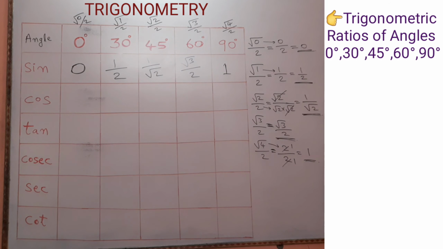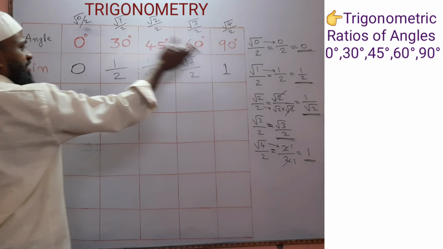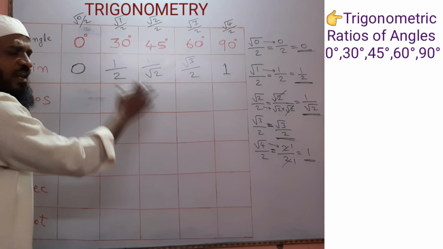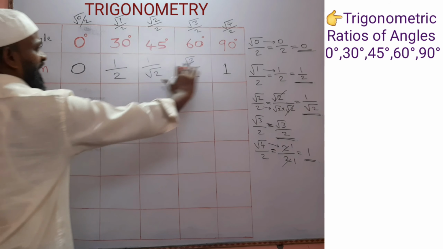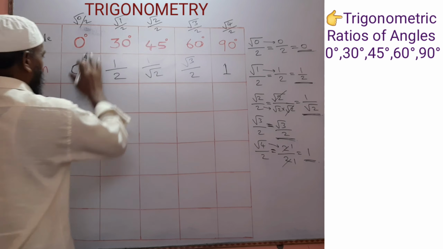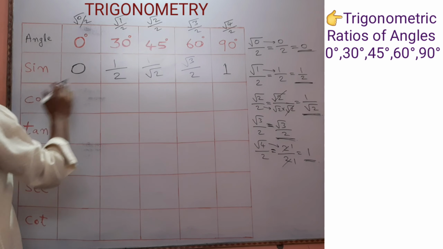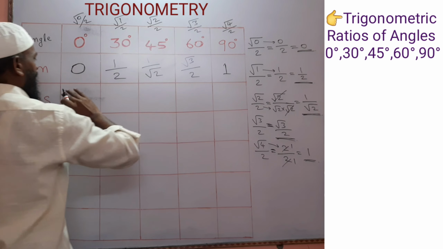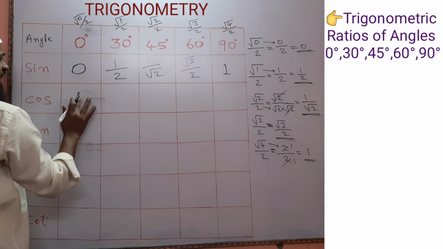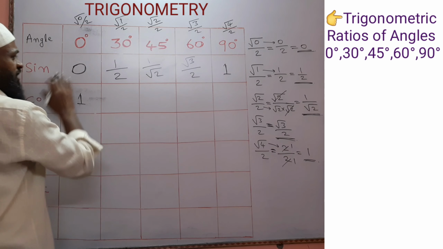Very simple. And next for cos, take reverse. For cos, after getting sine, we can find all values. We can fill the total table through these sine values. Simply see students, very easy. For cos 0, take the last one. From last to first, take in reverse. For cos 0 take 1. Cos 0 and sin 90 are both equal. Yes, this is the cos 0 value.